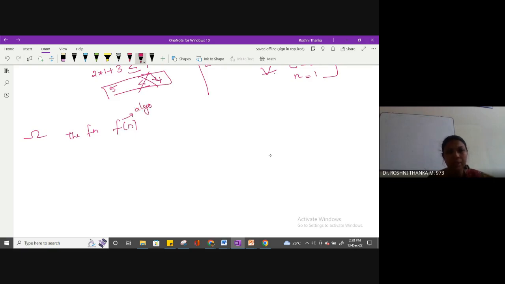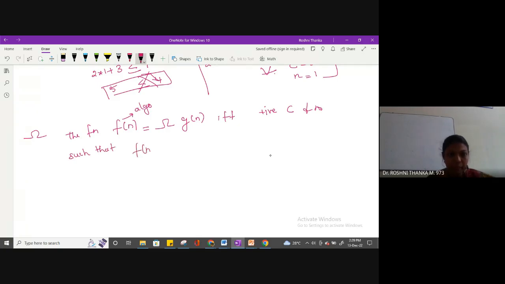So the function f of n is equal to omega of g of n if and only if there exist a positive constant c and n naught such that,